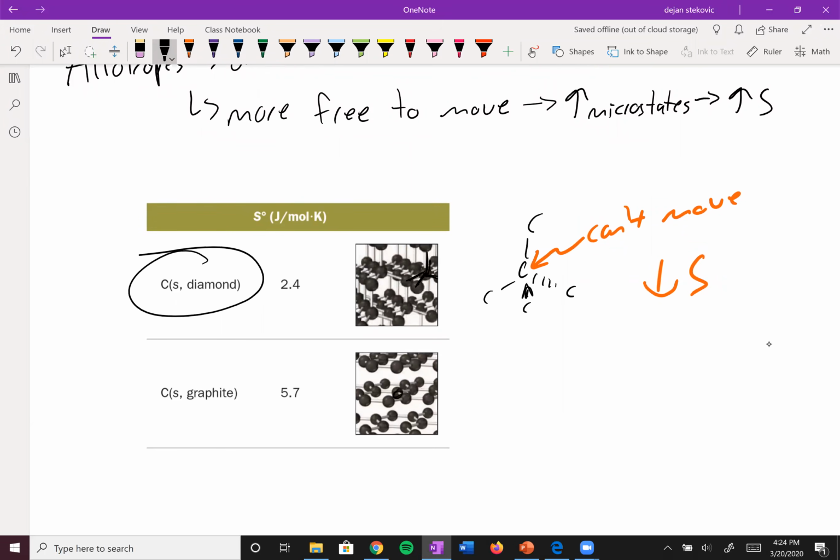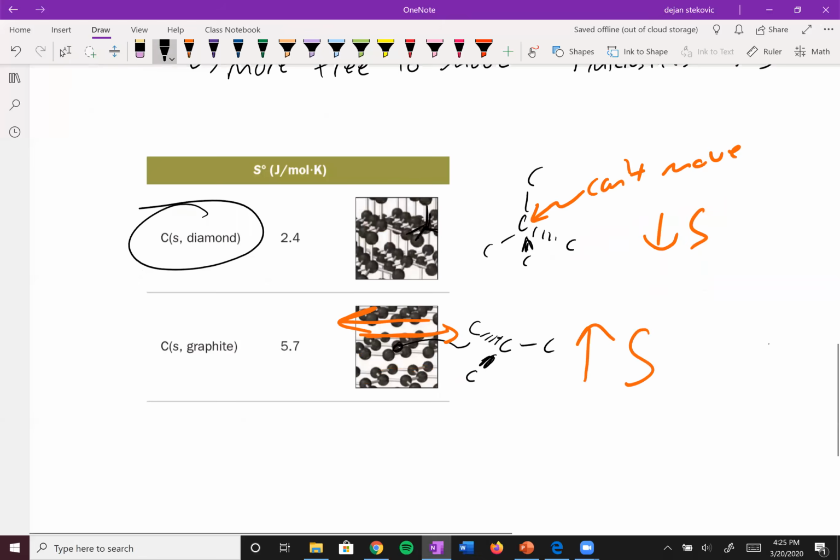Down here, though, if you think about this carbon, it's an sp2 hybridized carbon. And so again, this carbon won't be able to move left or right, but it can actually move up and down. Or no, not up and down, my bad. This whole sheet can rub against each other, right? These planes can move from one side to the other, while the other carbon cannot. And so this increased range of motion has an increased amount of entropy. So generally, look for ability to move. That'll tell you that you have a higher entropy.